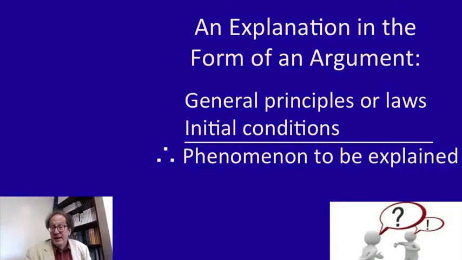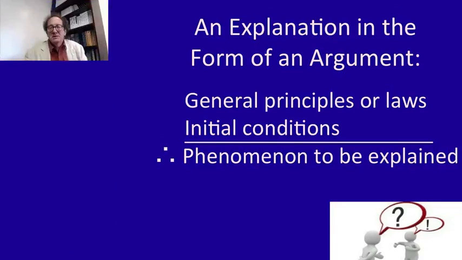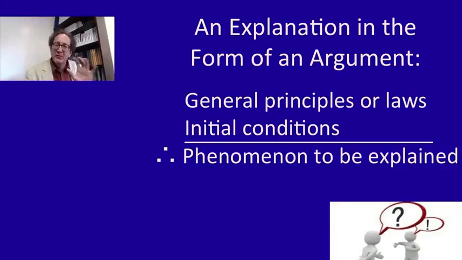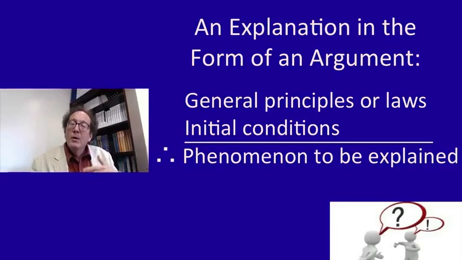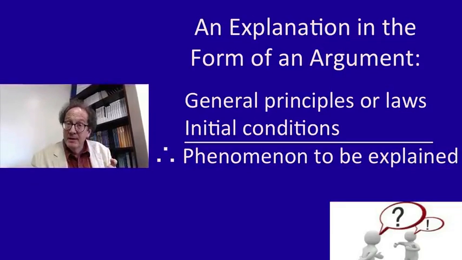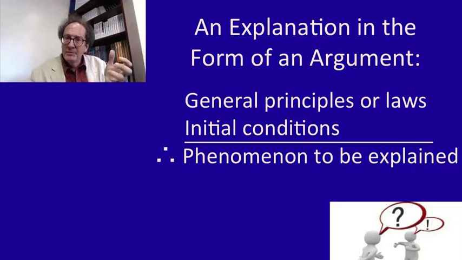Then we'll understand why helium balloons rise, just to stick with that example. And the answer is that when an object is suspended freely in a medium, where the medium is more dense than the object, then it rises. And when an object is suspended freely in a medium where the object is more dense than the medium, then